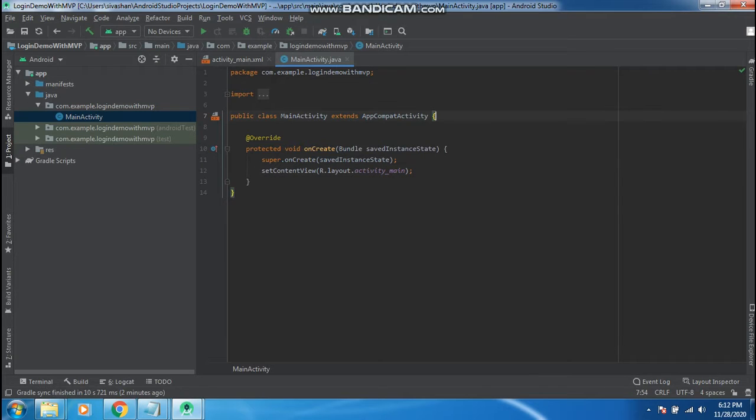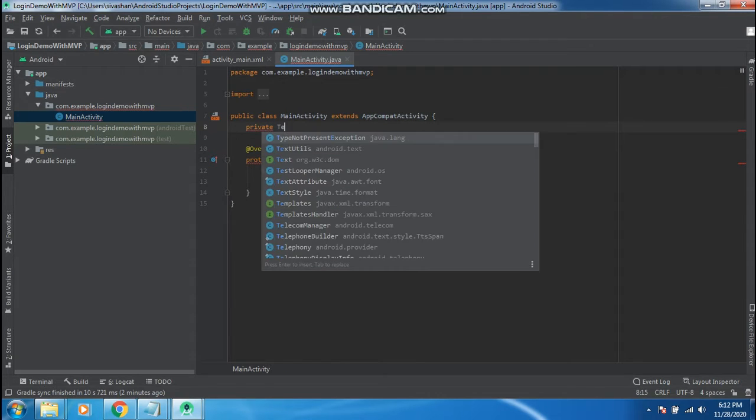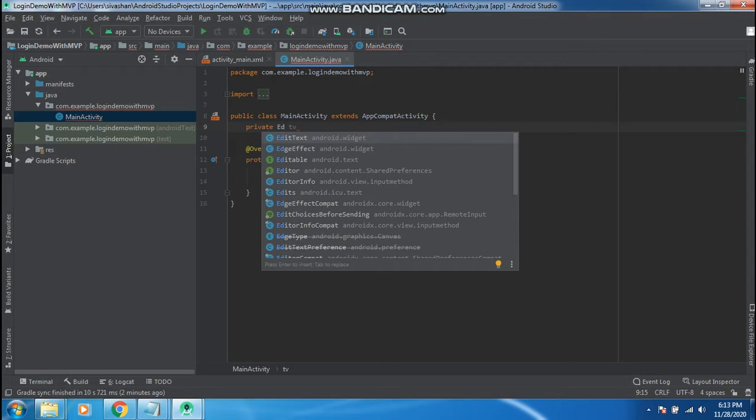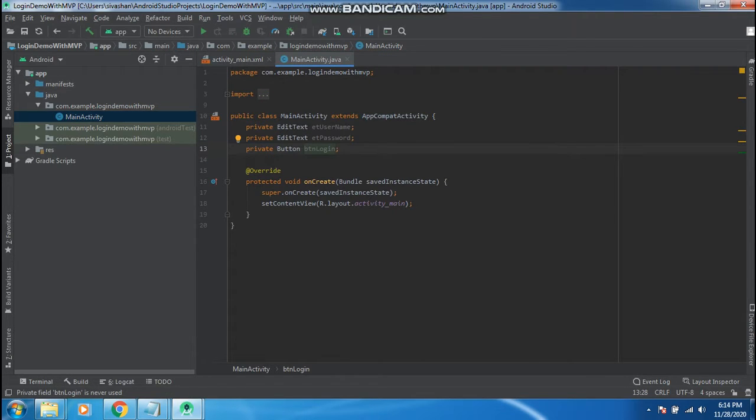First I declare the UI part. Here I declare the UI components. Now I'm going to initialize, mapping the UI parts to the corresponding components.